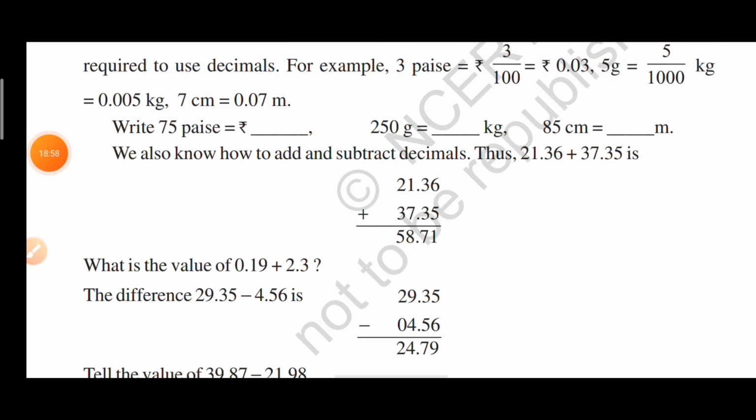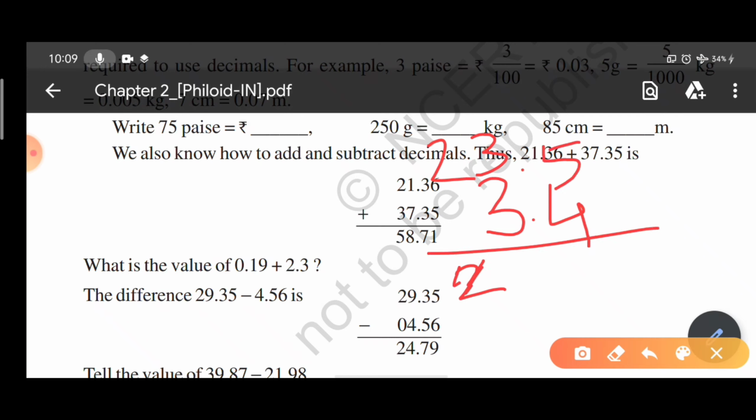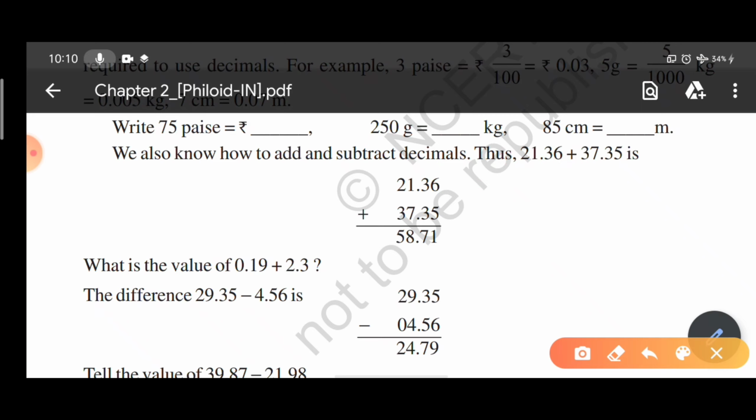Now the question arises, do you know how to simply add and subtract two decimals? Whenever I take a number and another number like 23.5 and I add them, I have to keep in mind, first of all, that the decimal should be below the decimal. Example questions are provided, 21.36. Here the decimal has to be maintained in a single line.